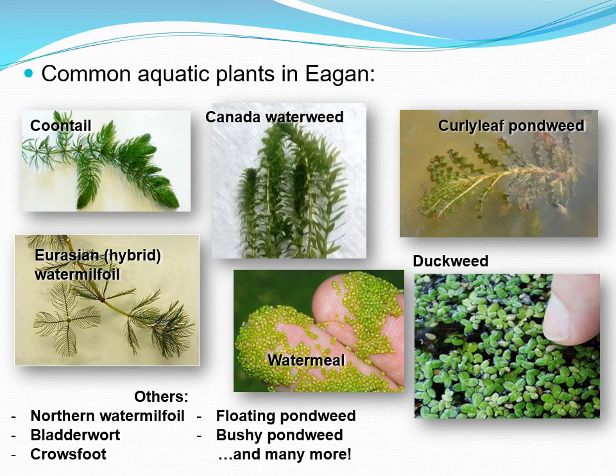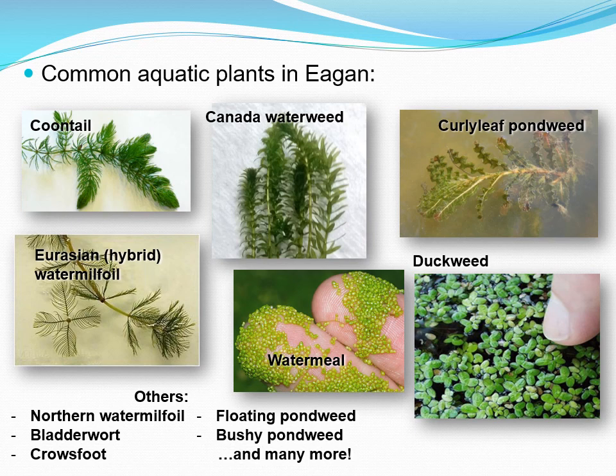Here are just a handful of the common aquatic plants that you might see in Egan, and these are either the submerged or the floating ones. This is not even getting into the ones that are along the side of the pond, the terrestrial or the emergent ones. There's a lot of good websites out there that you can look for help if you're trying to identify plants, like the Minnesota DNR has a good aquatic plant website, and I list a few other resources at the end. So there's coontail, that looks sort of like a raccoon's tail, Canada waterweed, curly-leaf pondweed,